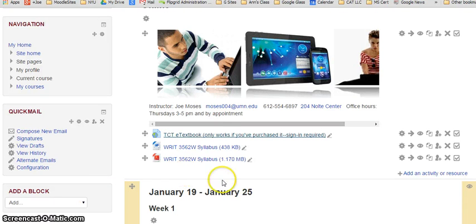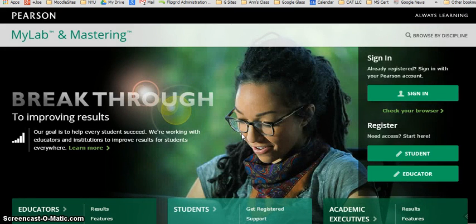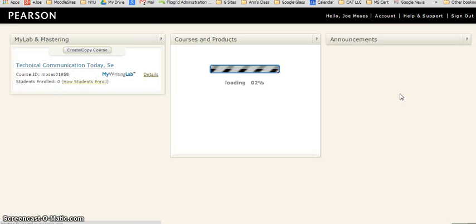Hi everyone, this is how you get to the online e-textbook if you've purchased it. When you click on that link from the home page and then you sign in as a student or as an educator, you follow that process, and once you've logged in or once you've established your account, you can sign in,